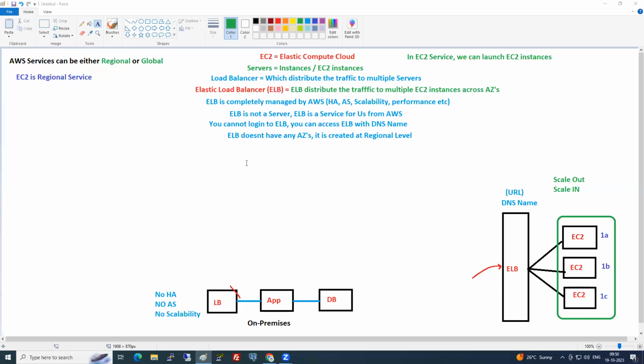It will set up everything and give the URL to you. The question here is, who is the backbone of Beanstalk? EC2. Okay. In general, in platform as a service, do we have control on the servers? No. But in Beanstalk, we can see the EC2 instance. We have control on the EC2 instance also.